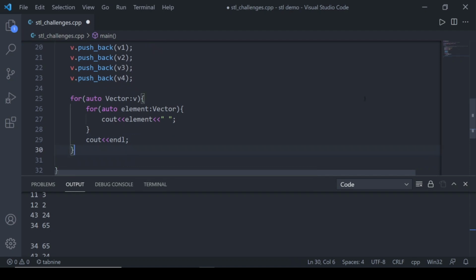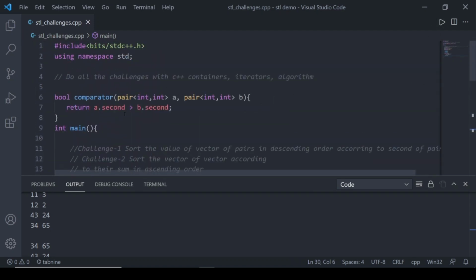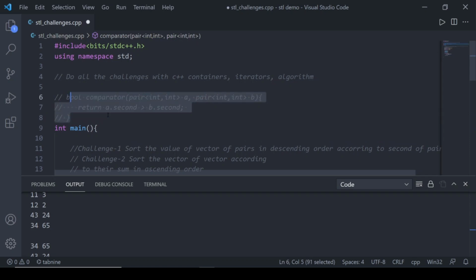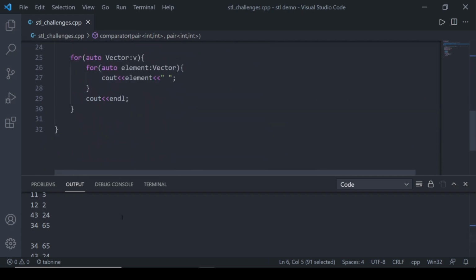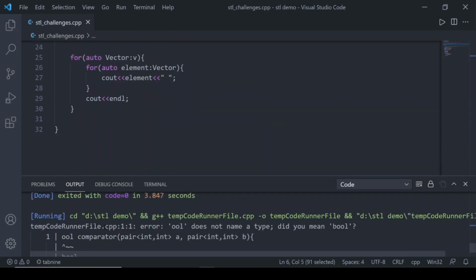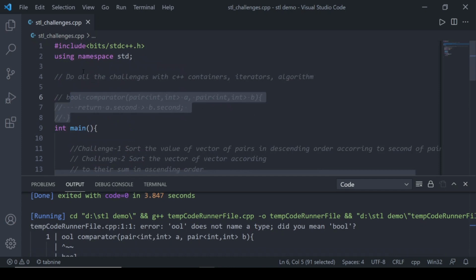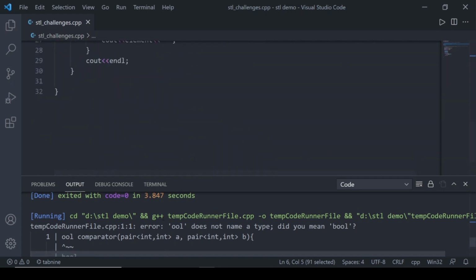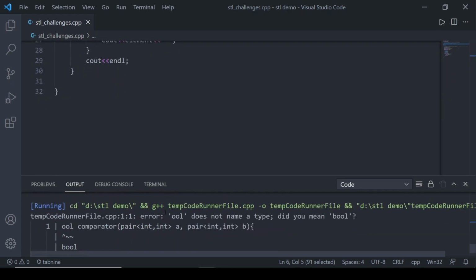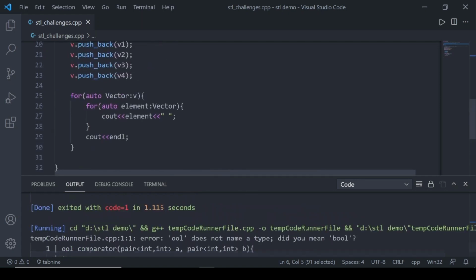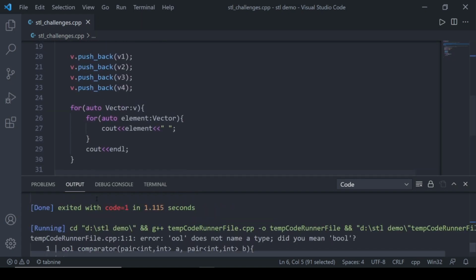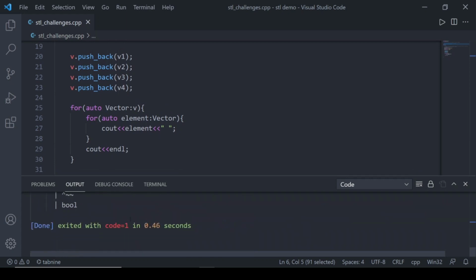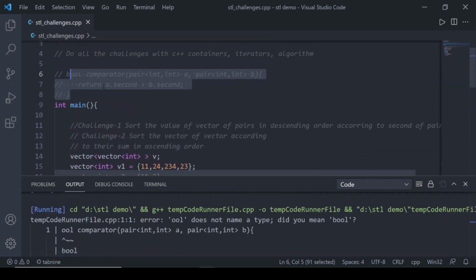Why is it complaining? I have deleted that.